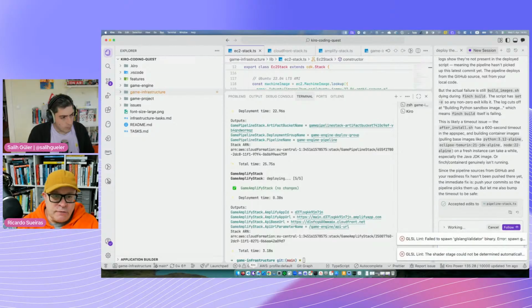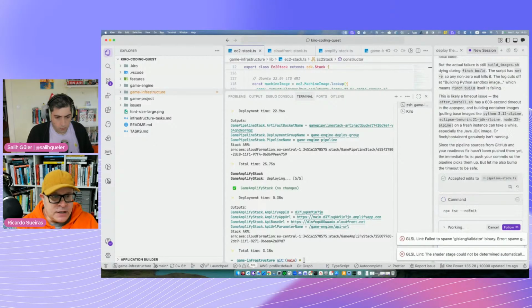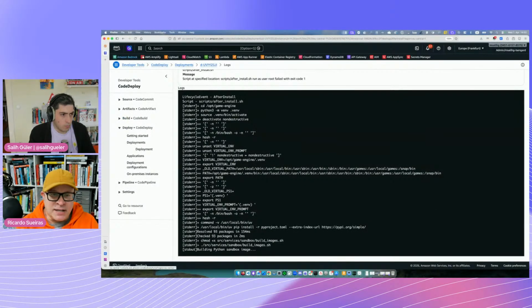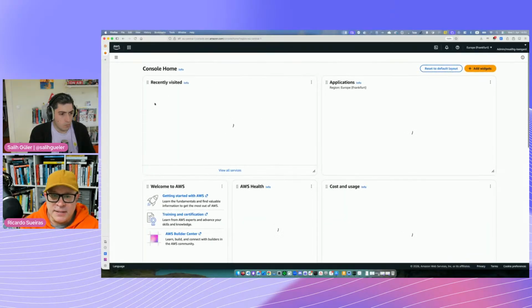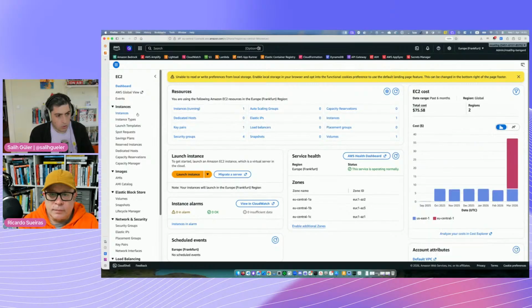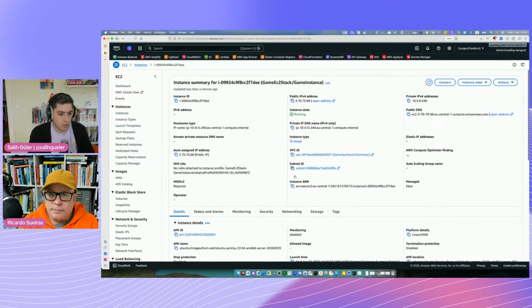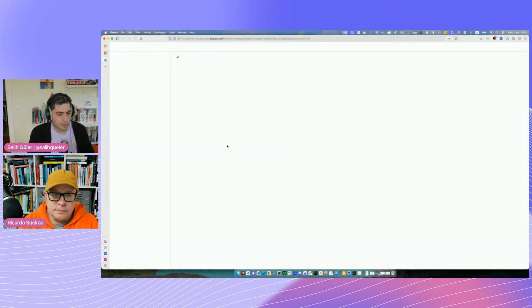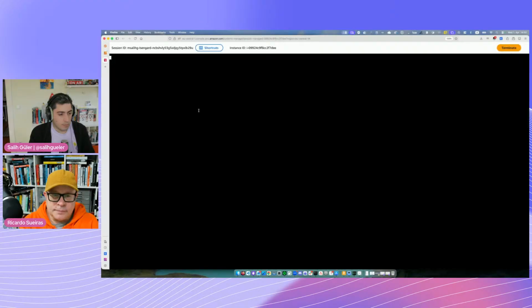We could try going back to the Finch VM now, because the game engine should be there, so we can do a few bits of testing ourselves now to debug this. EC2 instances here. Connect, session manager. That's it. Okay, now if you go to the /opt game engine,